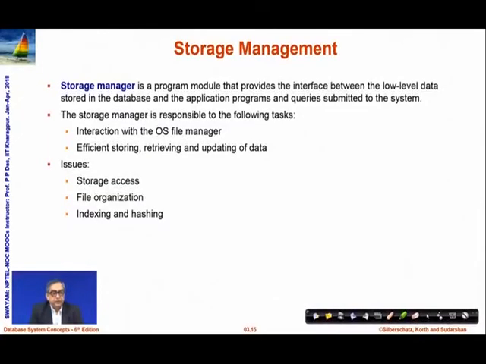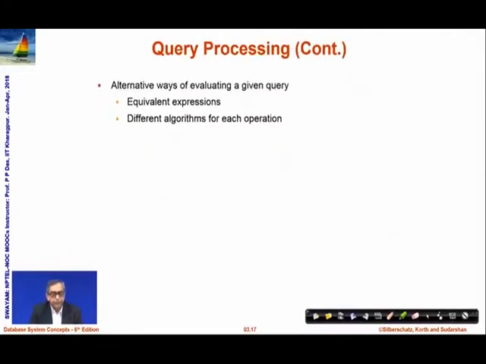Now, whatever field I use for search tree comparison, on that field the searching would be very efficient, but if I want to search on a value for a different field, the searching would not remain that efficient. So, indexing is a mechanism by which you can create auxiliary search trees on multiple fields, so that the search on multiple fields can be made efficient, and we will talk about this later when that particular module comes up, but the storage manager has to deal with such issues.